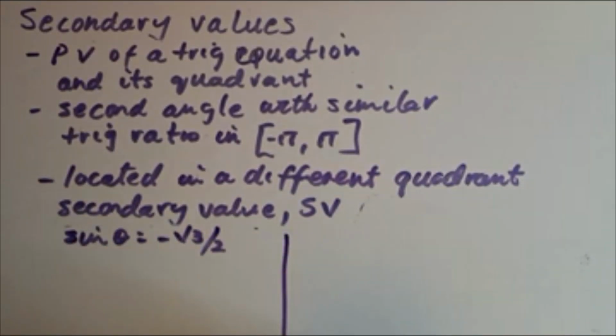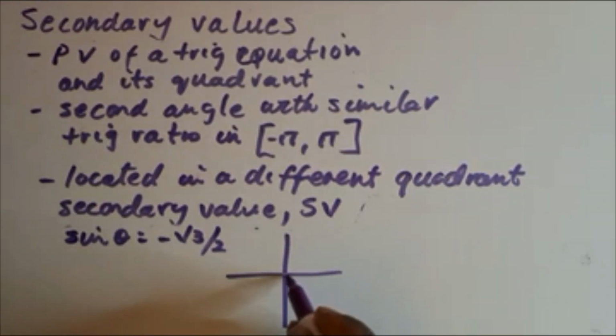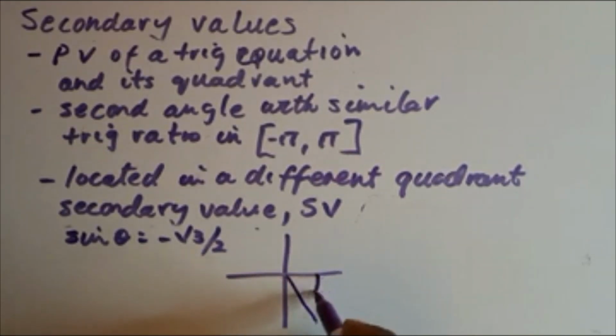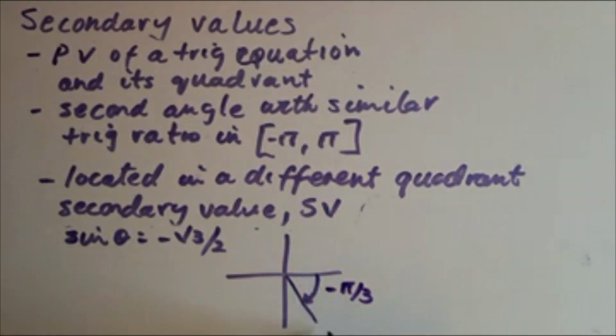In this case, our angle is minus pi over 3. So theta is minus pi over 3. That puts us in this quadrant, and this is our principal value, and our secondary value